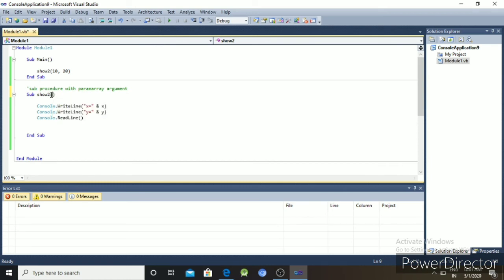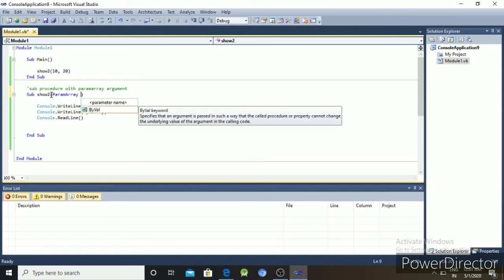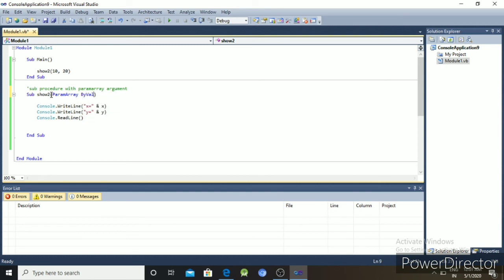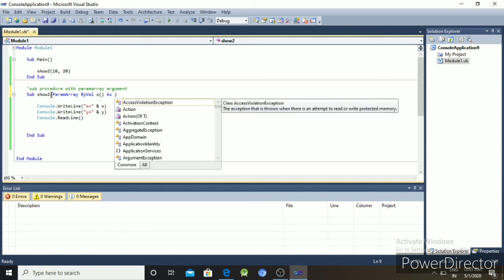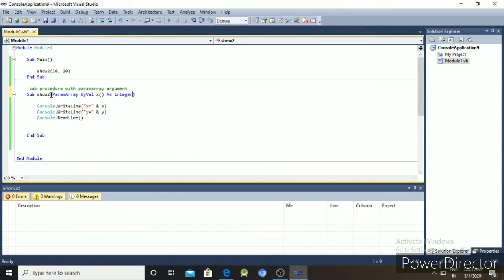Here you write ParamArray ByVal x As Integer, meaning the data will be of integer type.